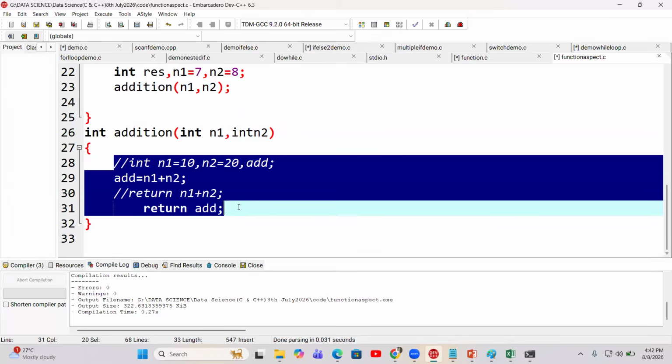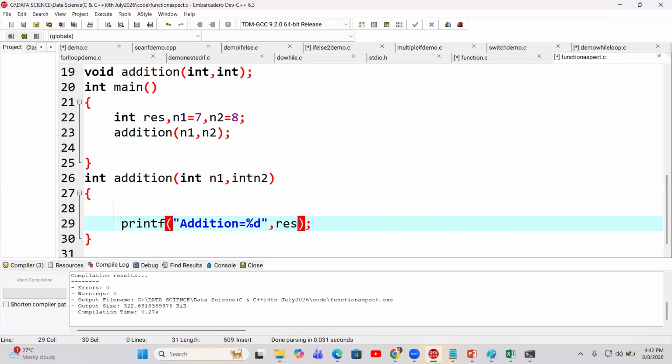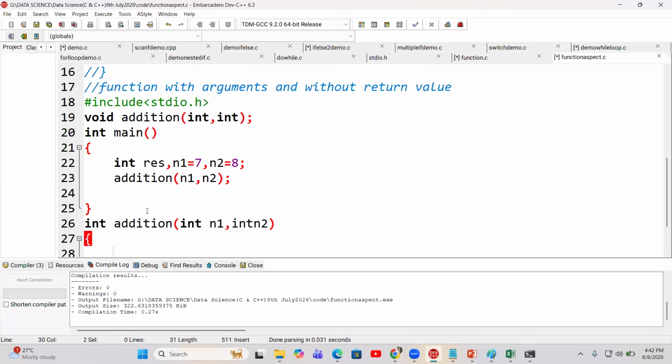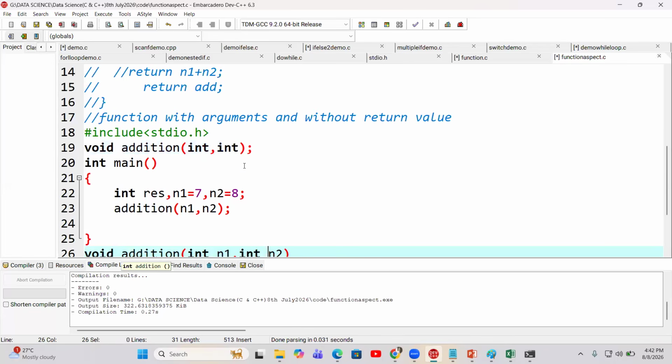You should remove all this and take the answer over here. So here you can put it like this also: n1 plus n2. Okay? Everybody understanding, and you are not returning anything. Are you returning anything? No, you do the addition and print here, and here you need space. Understanding? So these are known as actual arguments